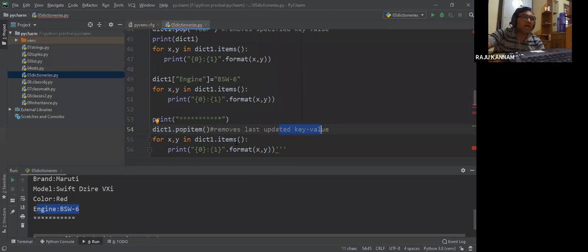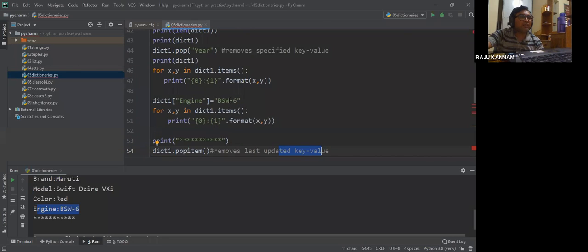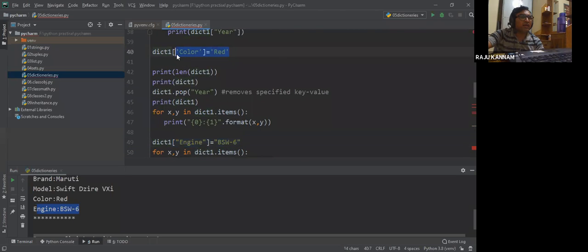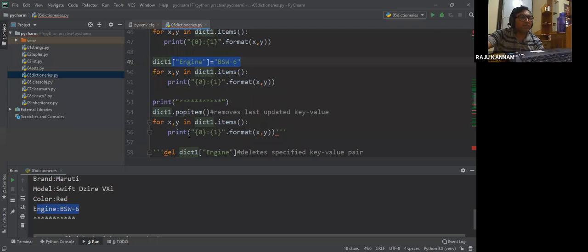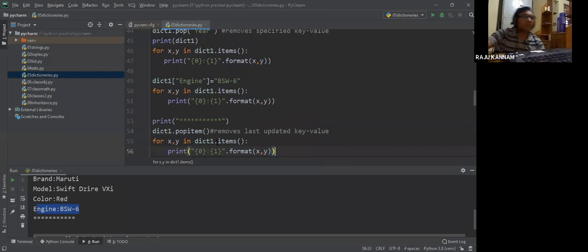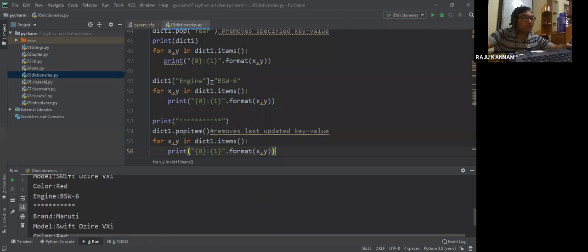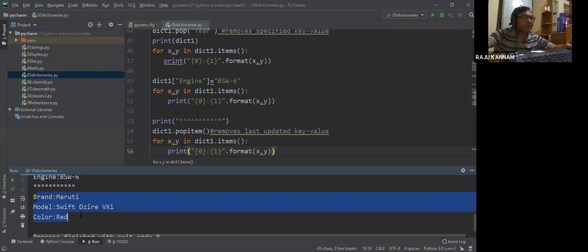Here, which is the last updated key value pair? Previously we did engine and color, so engine was last updated. Now if we give popitem, it must remove engine. Now see here, engine is automatically removed.